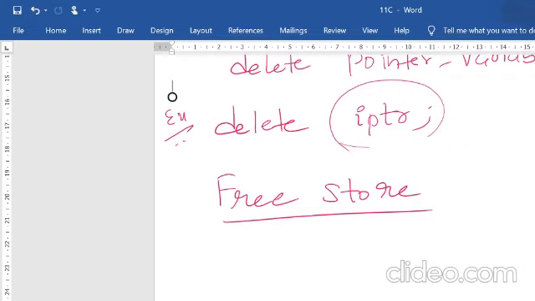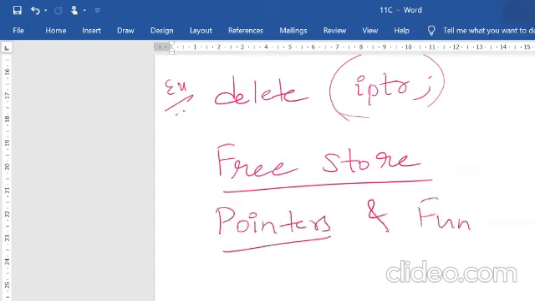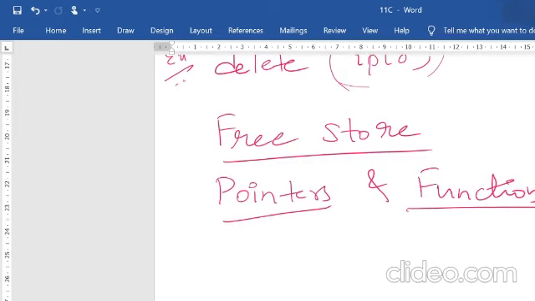The next very important part is pointers and functions. You know that we use functions so that work can be done faster. It reduces the complexities of the program, debugging is easier, maintenance is easier, all these reasons are there, right?